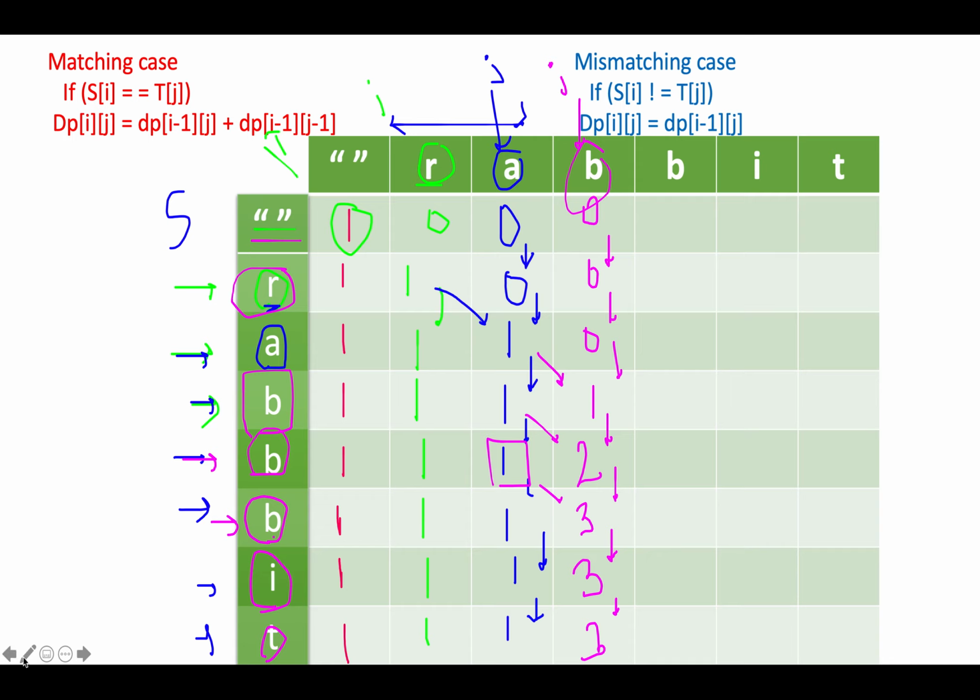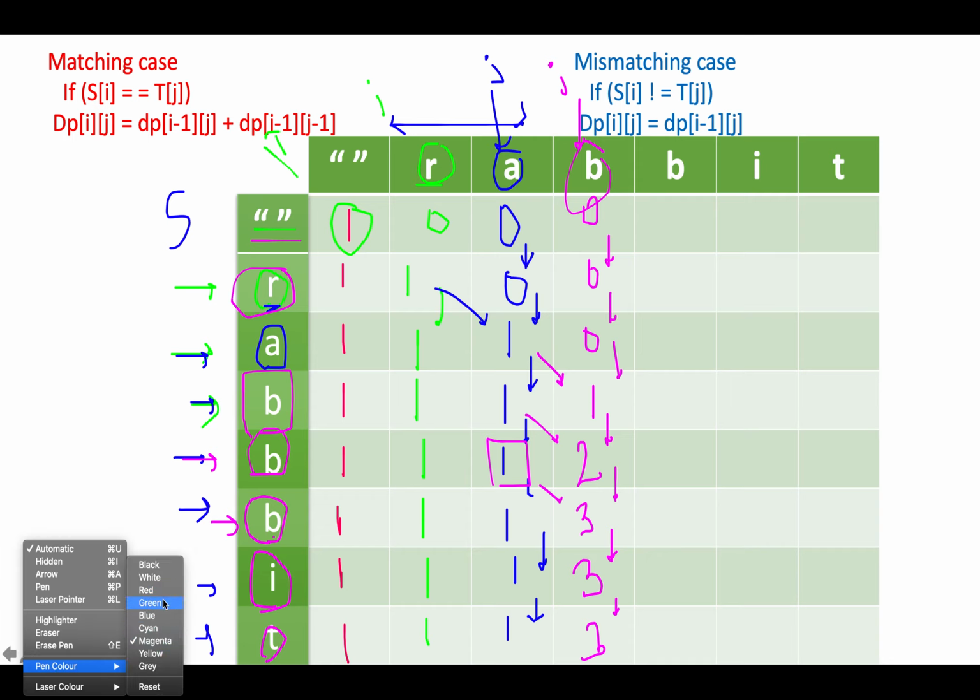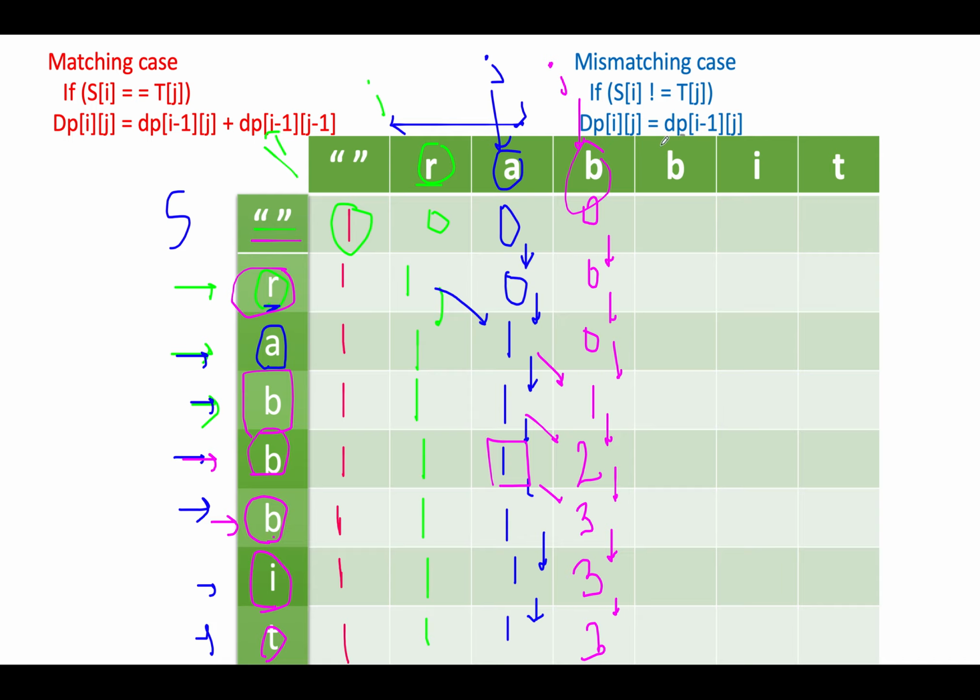Let me just change the color of pen to help you understand better, and let's take gray this time. We need to consider first 4 characters in string T, and J points to B, this particular B, and we will iterate over all possibilities of string S and build our answer for this particular index of J. The first case is we have string S as empty. So there is no way out you can generate RABB out of an empty string. So this gets updated to 0.